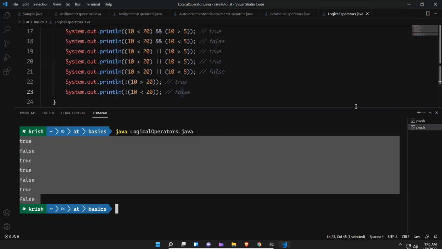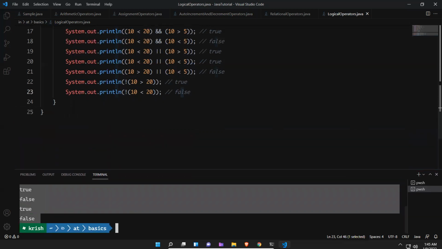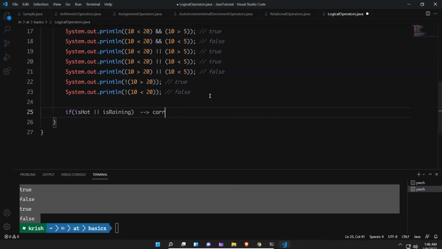Okay, so in real time how it will be, just an example I'll show you. So you have if, a condition, that is a reserved word. What is if, how it will work, that we will see in our upcoming videos. But is it hot outside, or is it raining, okay, it's raining, then what should we do? Okay, carry an umbrella, something like that.